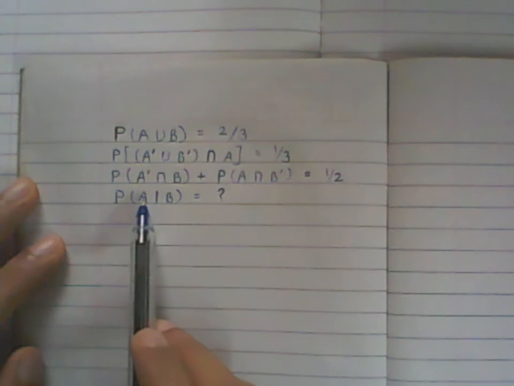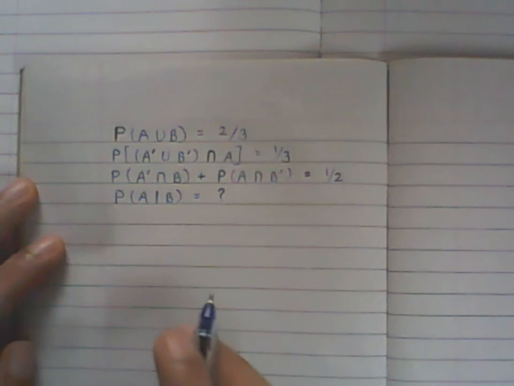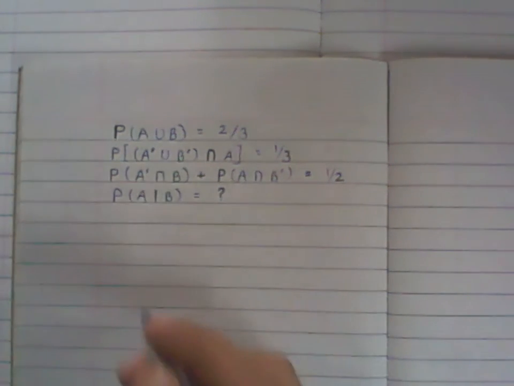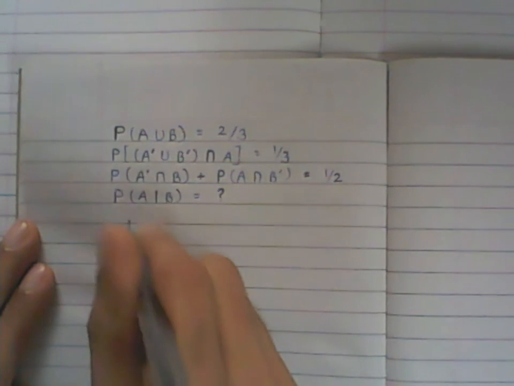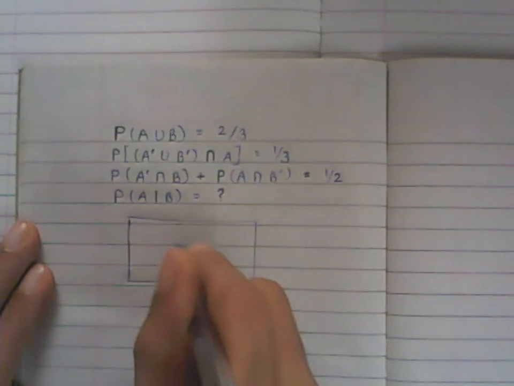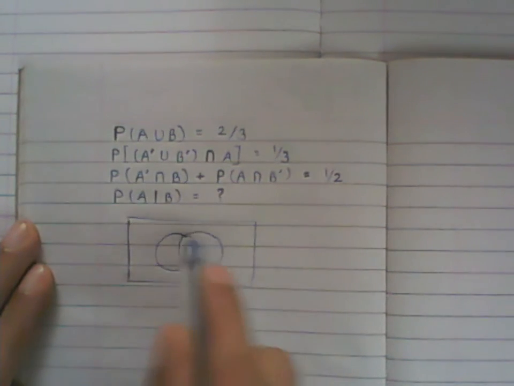This is the conditional probability of A given that B has already happened. And the way I want to approach this is a bit non-traditional way. I want to approach it using a Venn diagram. So what we have here is there are two sets A and B. So let me have a universe first of all, wherein I have two sets. Let's call this A and let's call this B.